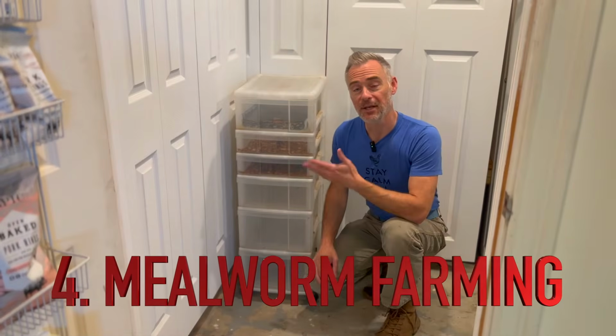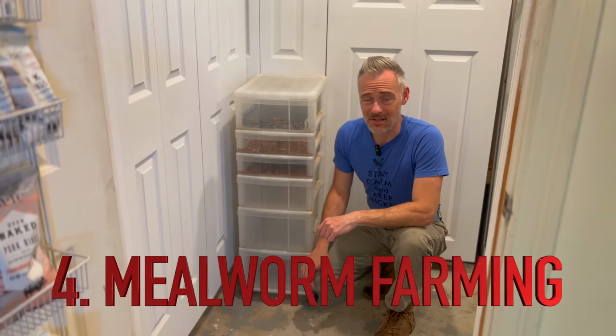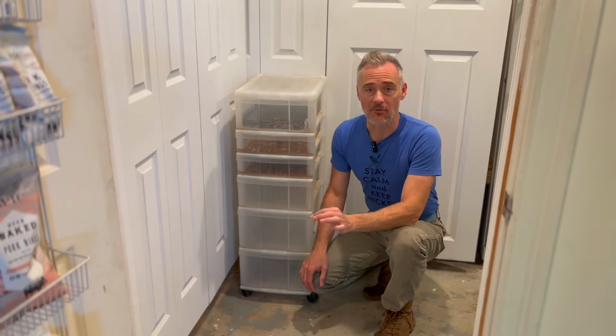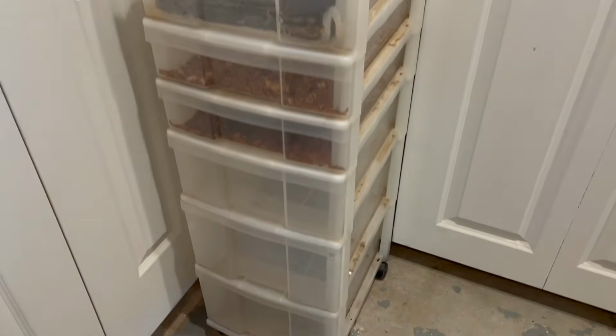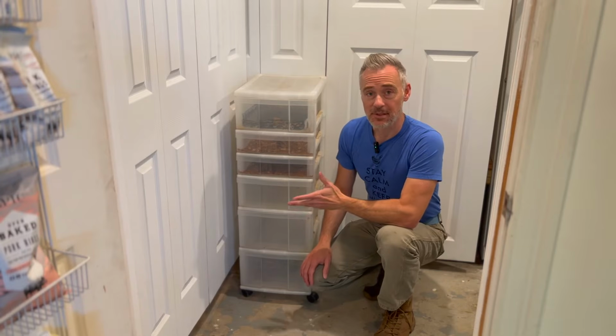Next up, mealworm farming. Now, mealworm farming is surprisingly easy to do. It does require a little bit of time and a little bit of an upfront cost. Obviously, you need to buy the mealworms and you need someplace to put them. I had this 6-drawer plastic cabinet knocking around in my basement for years, and it was the perfect place to